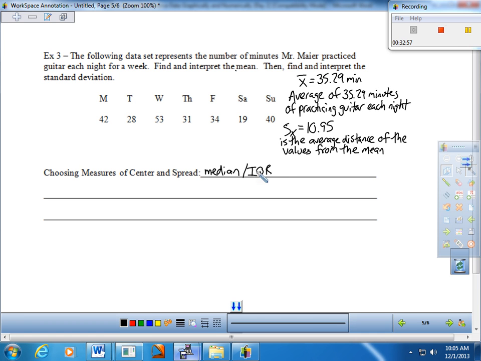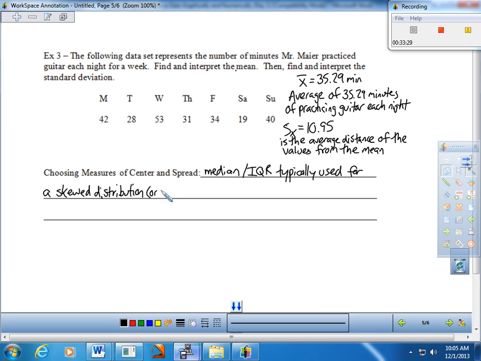Median and IQR coming from that 5-number summary typically is used for a skewed distribution. Remember we talked skewed versus symmetric. So median and IQR is typically a better choice if it's skewed, a better representation,